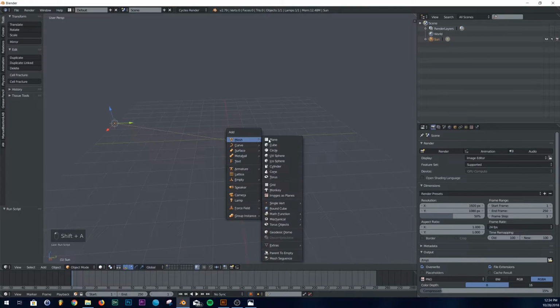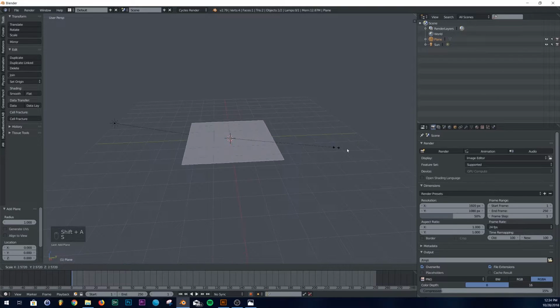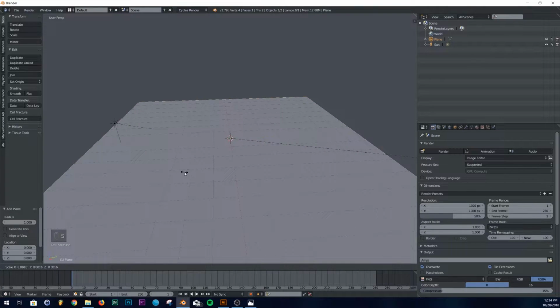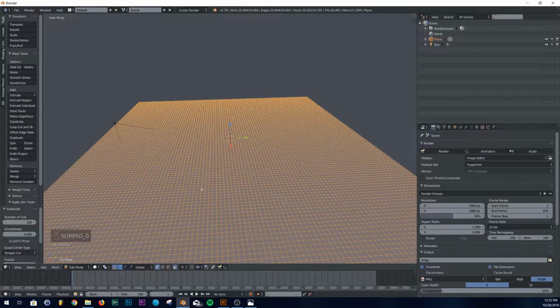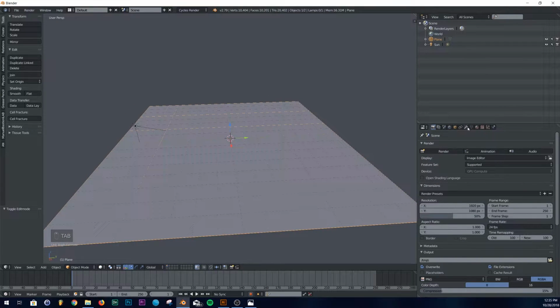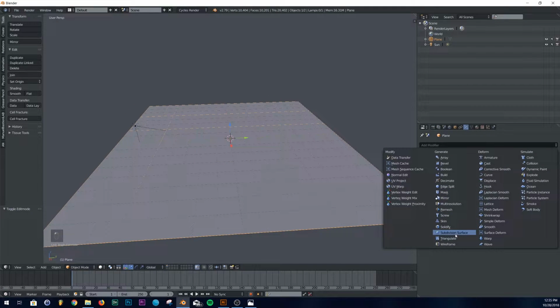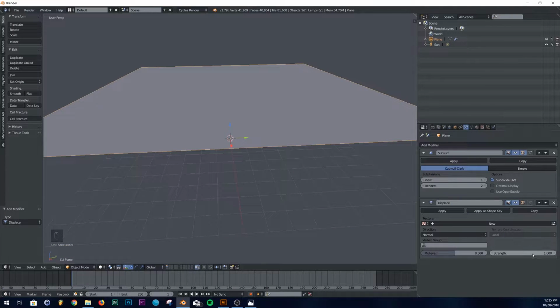We're going to first add our plane. I'm going to scale it up till it fits the scene here. And I'm going to hit Tab, W, and then subdivide. In our number of cuts, I'm going to give it 100 cuts. All right. Next thing we're going to do is subdivision surface and displace. I'm going to put our displace at 0.5